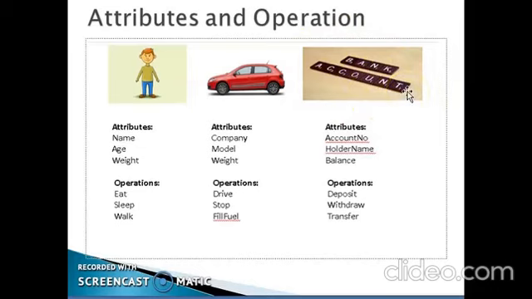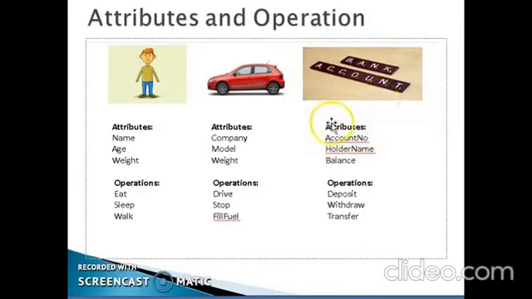If I go to a bank and open an account in that bank, what is the first thing that I do? I need to give all my details to the bank. I need to give my Aadhaar number, my name, my address proof, okay, PAN card, all these details have to be linked to that bank. So each bank account has attributes associated with it.